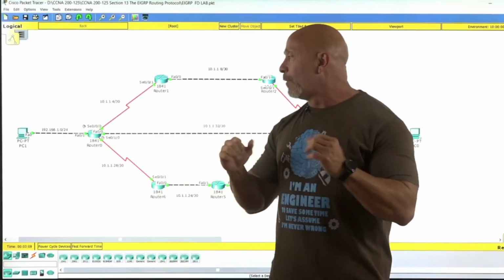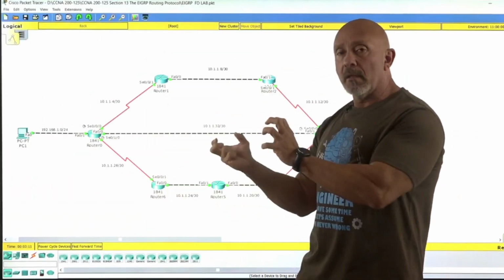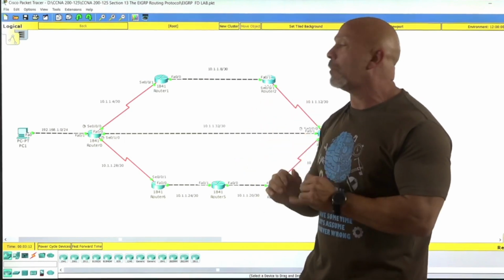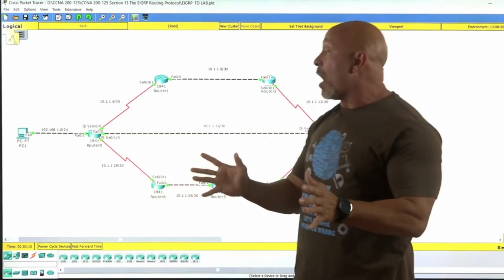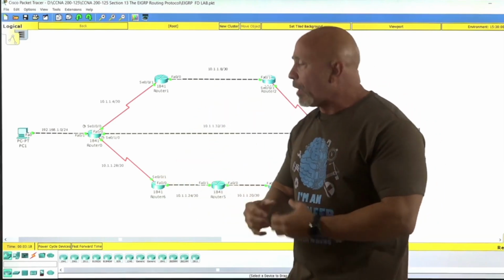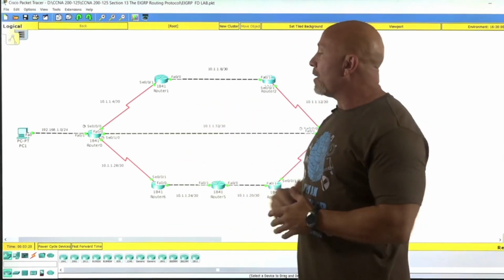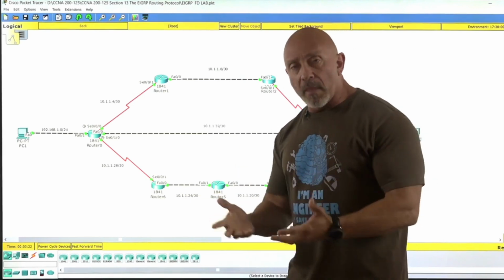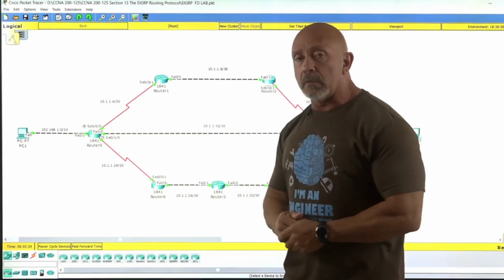Alrighty, welcome back. We have learned how to tweak our bandwidth so we can manipulate which way we want it to go. And we saw that it's just going this way. But you know what? We want to load balance. We want to load balance, and you can do this many ways. One of the ways that we're going to do it, or the way that we're going to learn, is using